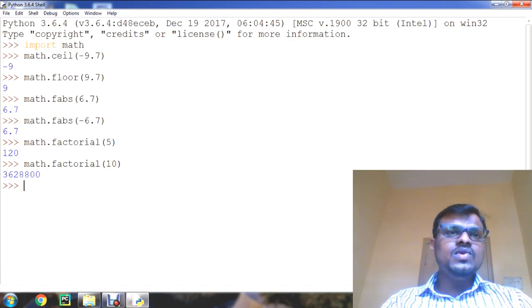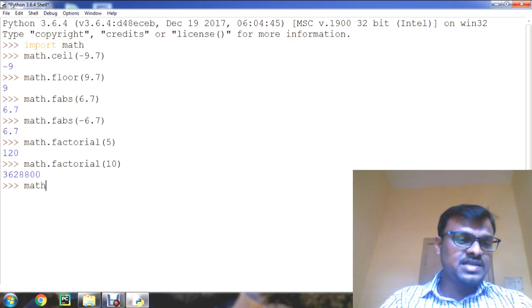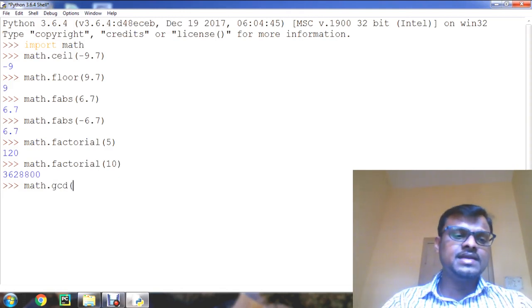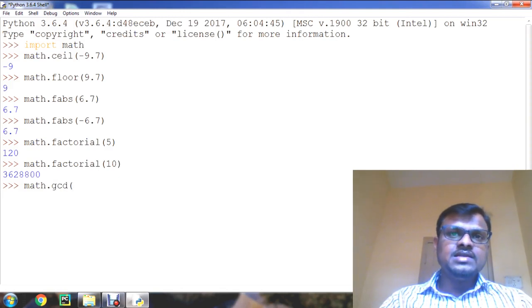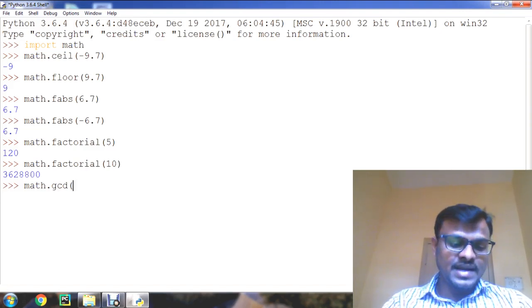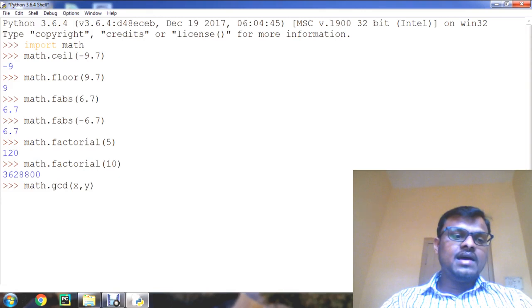Understand? So same way we have many built-in functions in this module, like math.gcd. So GCD, we know that greatest common divisor. When you want to find out the greatest common divisor of any positive integers, for example x comma y, these two, x and y, are positive integers.